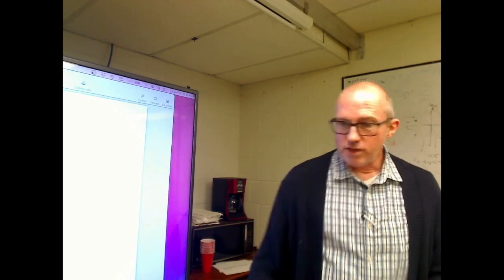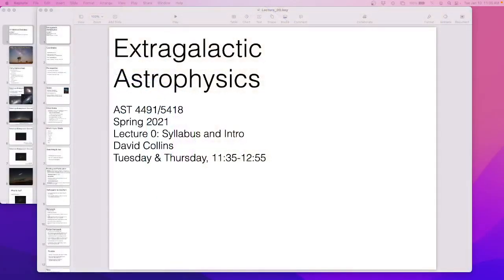So I'm going to get into it and talk about what to expect this semester. I'm going to go through the syllabus, which covers what to expect this semester, and then I'm going to go through kind of a brief history of human knowledge of extragalactic objects, starting from what you can just see with your naked eye up through a couple of weeks ago when JWST, actually there's no JWST in there because I haven't gotten there yet, because that data is all super fresh. So, okay, this is extragalactic astronomy, astrophysics.